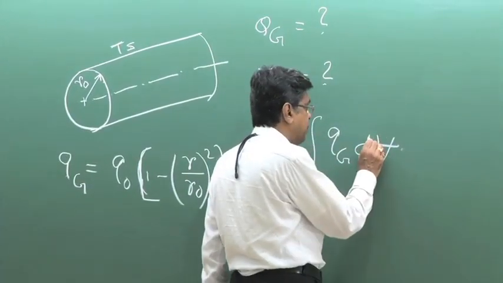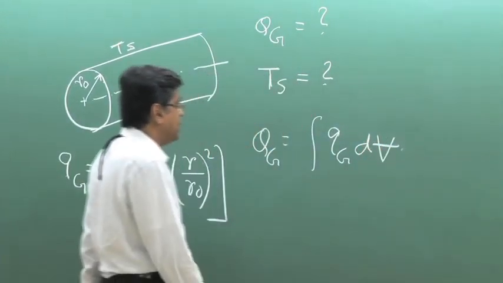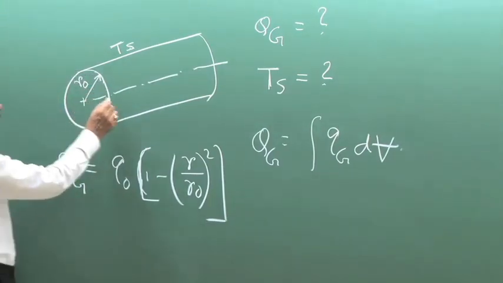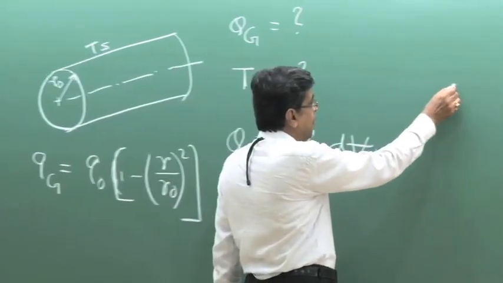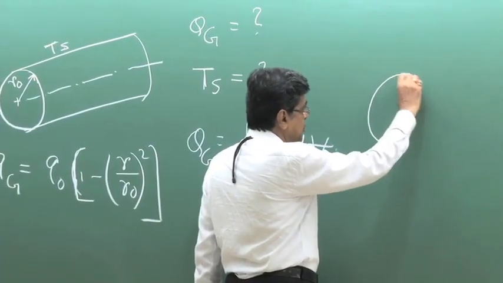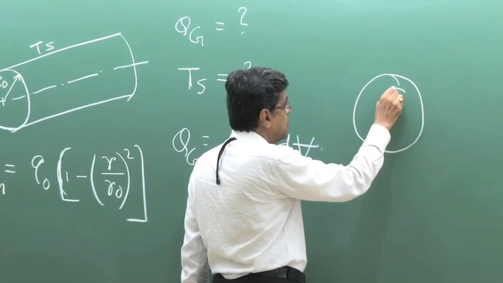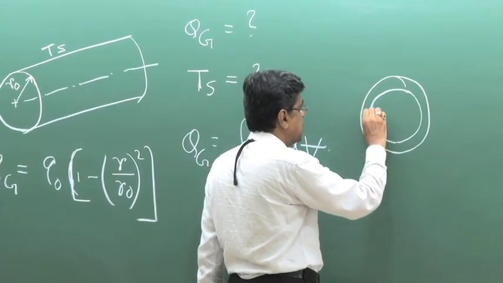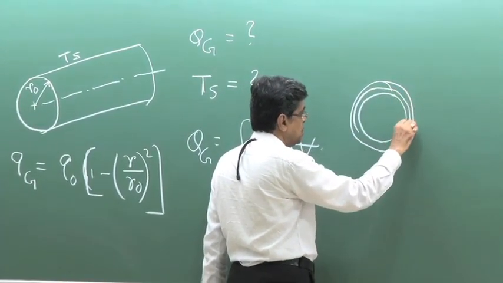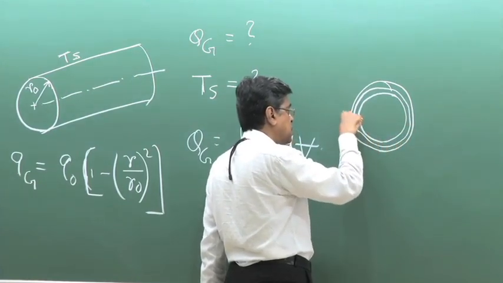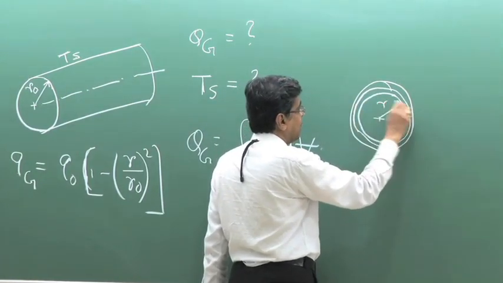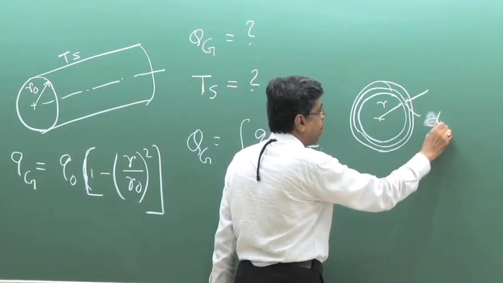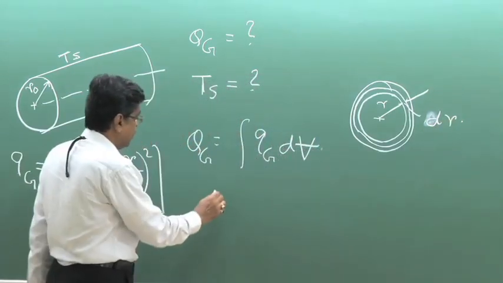This V is the volume, dV is the small elemental volume. That means if we consider a thin cylindrical elemental area in the container, at a radius r, and the thickness of this is dr, for example,